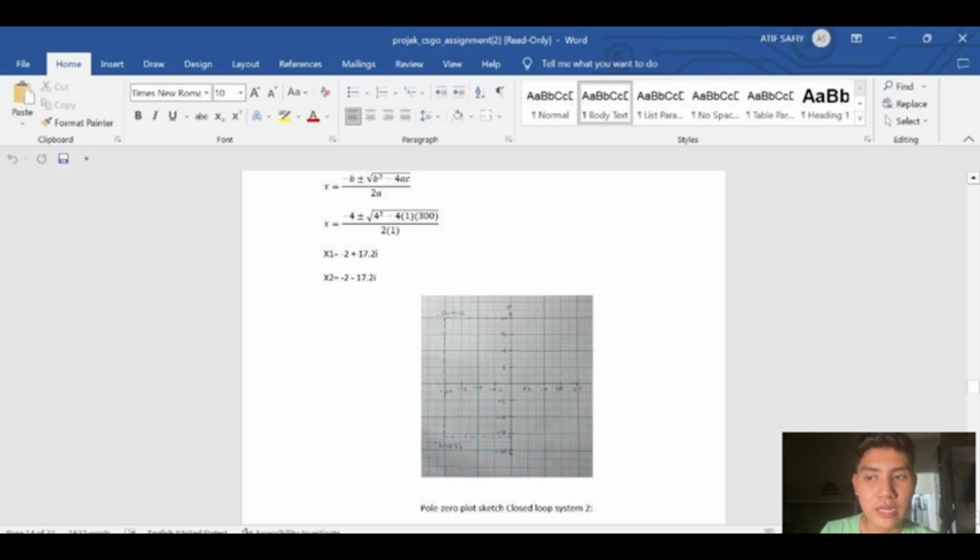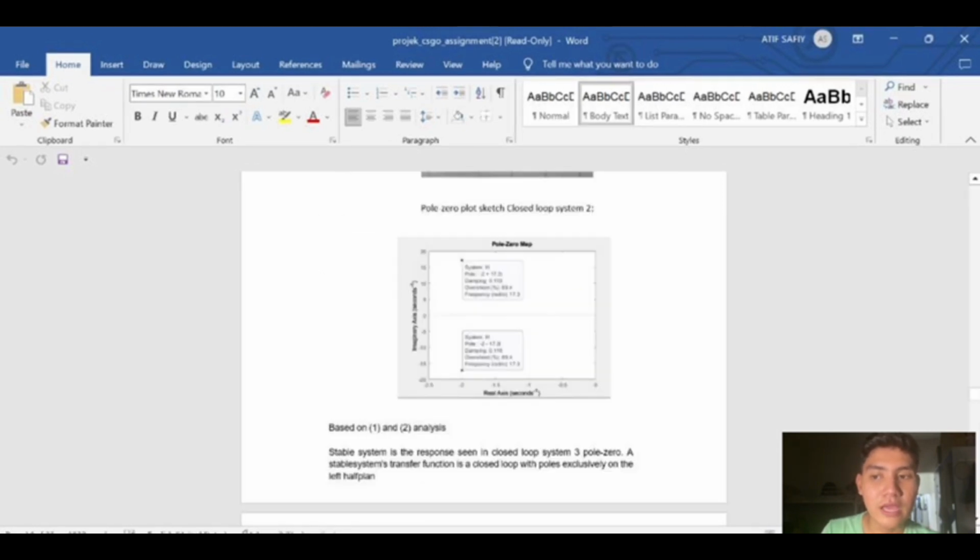For S1 and S2, we get negative 2 plus 17.2i, and for S2, we get negative 2 minus 17.2i. Then we can see the sketch that we have to sketch by ourselves. And then for the second one is PZM, which is pole zero map. As you can see, we got two poles,